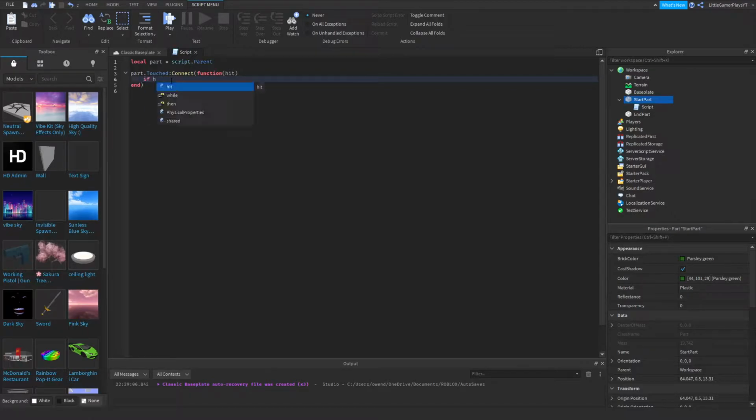So we're going to check if it's a player, so hit.parent:FindFirstChild humanoid. What this is doing is checking the hit parameter, basically whatever touches it, this is going to assign it to hit. So if I touch it, it's going to assign it to hit, and then it's going to find the parent of it, which will be me, and it's going to find the first child of that parent, and if it finds a humanoid, so if it's a player, then it will run this line of code that we are about to write. So actually, before we do that, we better